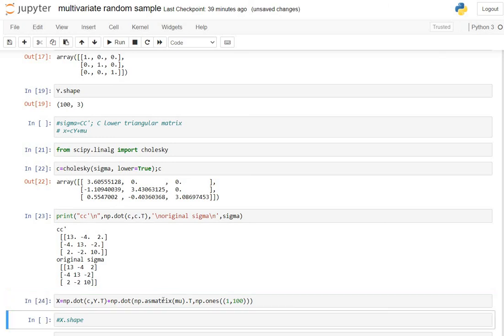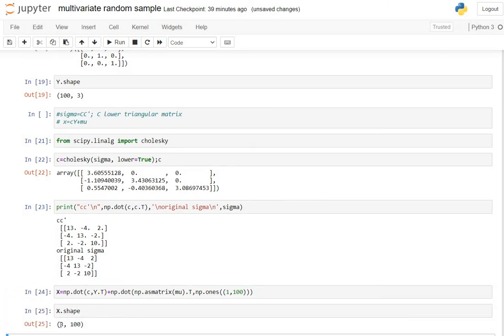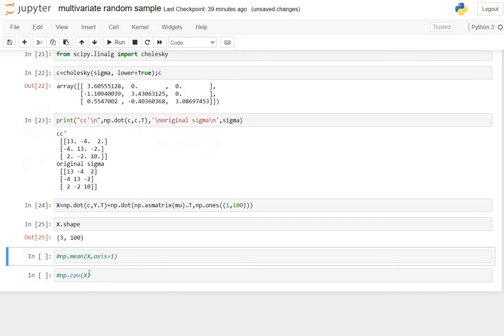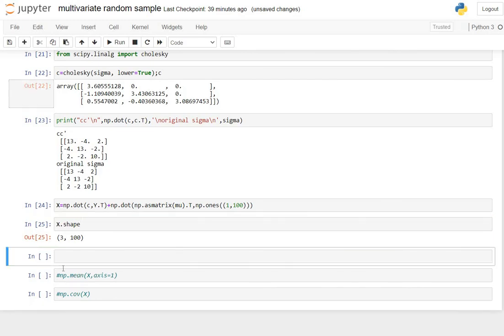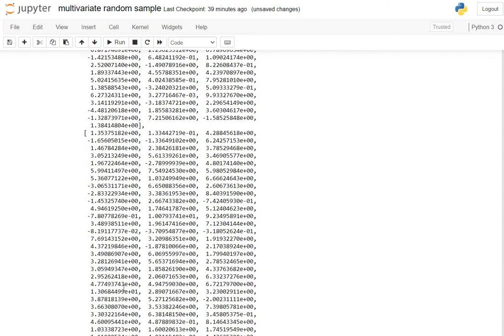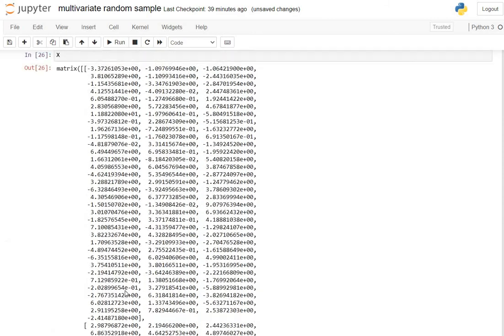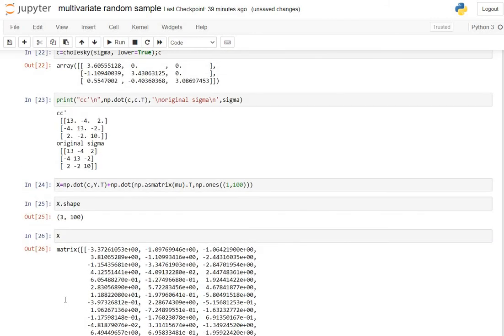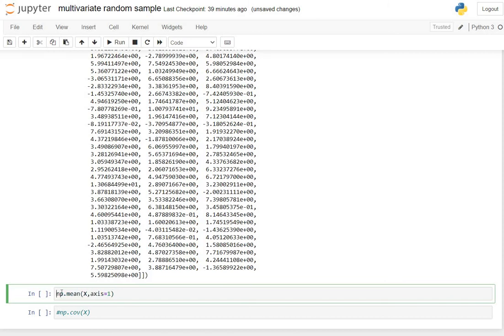So let's do this. Let's see the order of X. It is 3x100, meaning now for X every column represents a random sample and 100 such samples are generated. If we want to see the sample, this is a matrix of random samples of order 3x100. Okay. Now again let's see the mean of this generated sample.